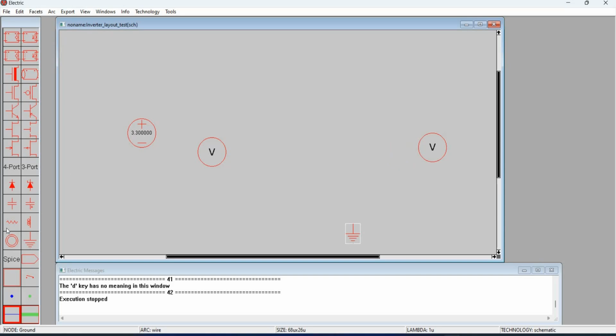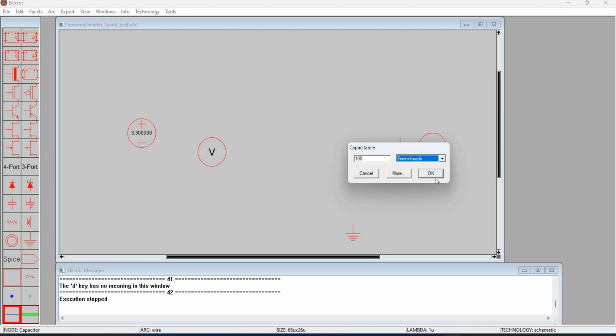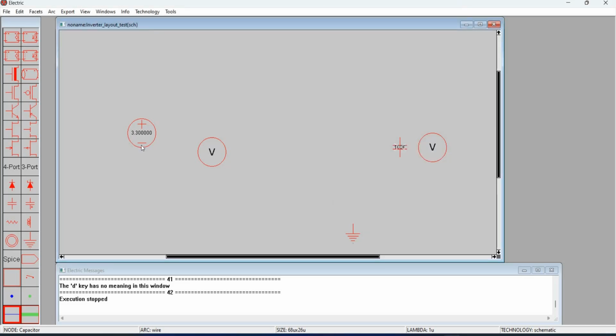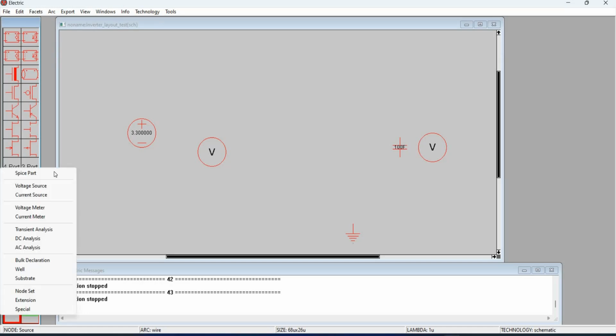You need the ground, capacitor. So select around 100 femto. Then, since we're going to use transient analysis,